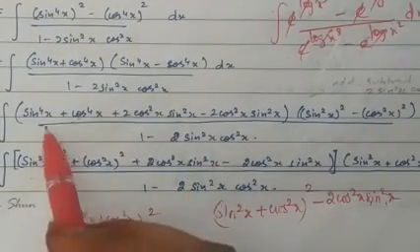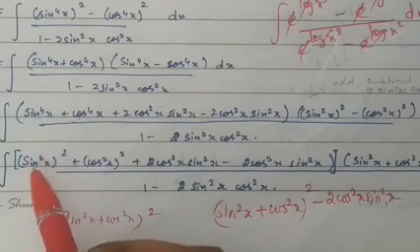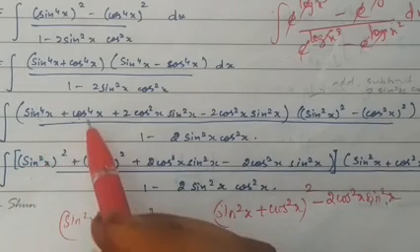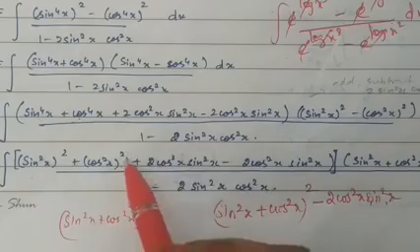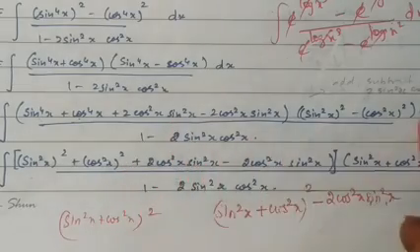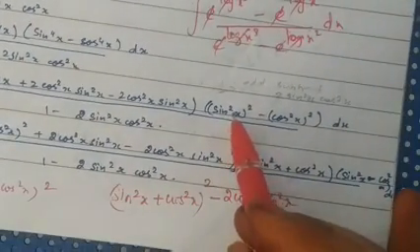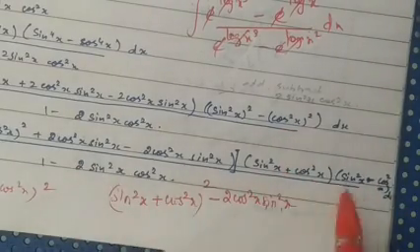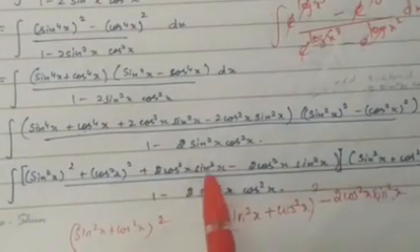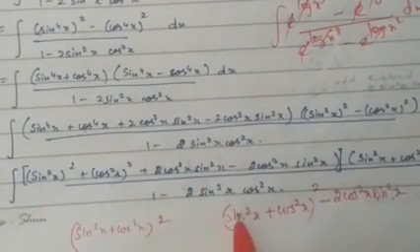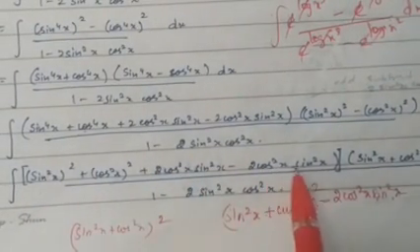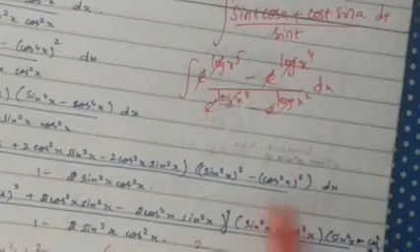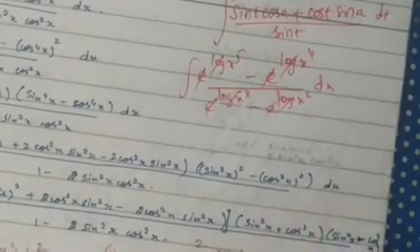For that, here we have written one more step. The sin^4 x can be written as (sin^2 x) the whole square, cos^4 x can be written as (cos^2 x) the whole square. And here this term, a squared minus b squared, can be written as (a plus b) into (a minus b) divided by the denominator into dx. So this term can be written as a plus b, that is sin^2 x plus cos^2 x, minus 2 cos^2 x sin^2 x. This term will become 1 and this term alone will be remaining.